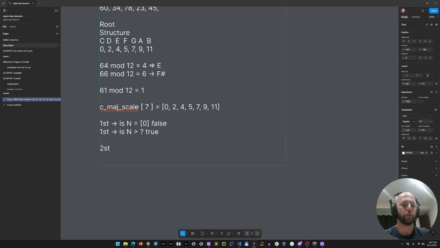Now, then we can do, is n equal to our second element? No, it's not. It's false. Then is n bigger than 1? False. Oh, okay. So we can do 4 checks. I'm sure there's a better algorithm for this, but let's go with this. We do 4 checks